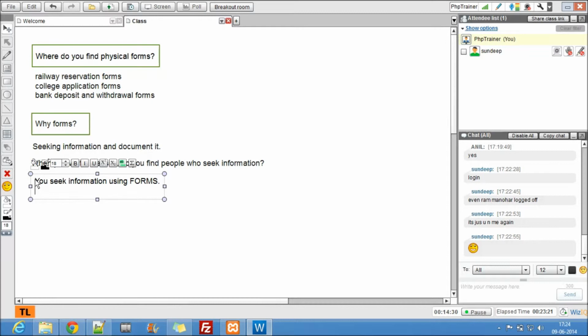Forms are so important that whenever you want your users to submit some information, you need forms. Forms are an integral part of website design. So today we speak about these forms. When we talk about forms, it's only the first half. The second half is processing that information.